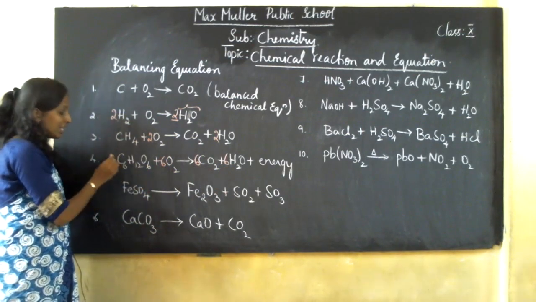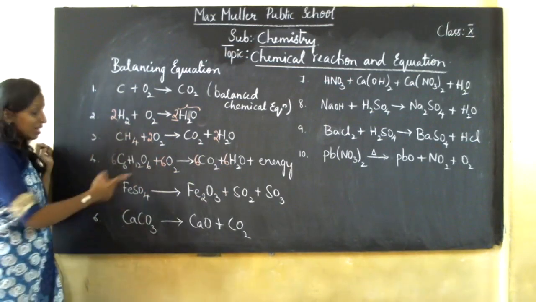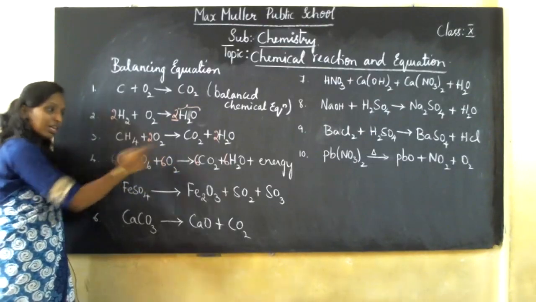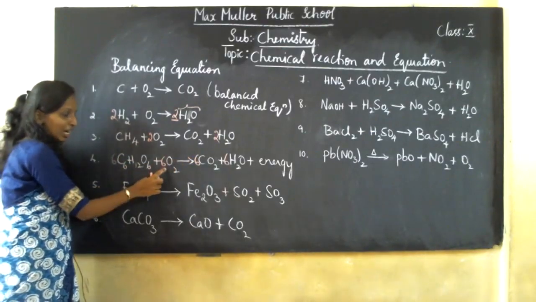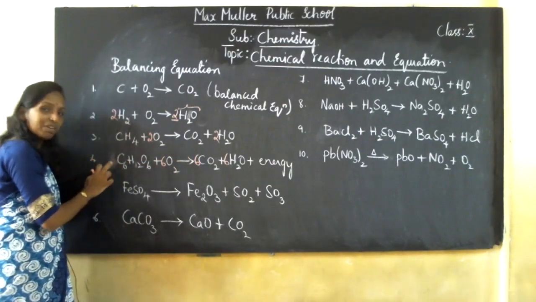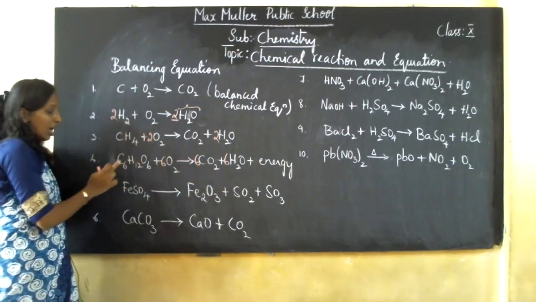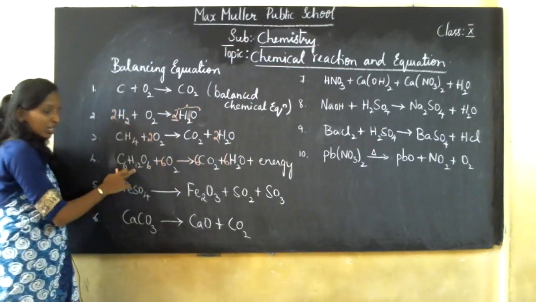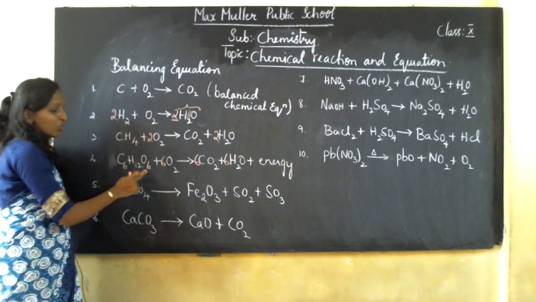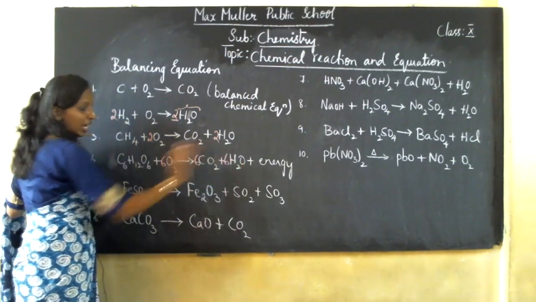Correct? I can't change here. You could have written 6 here also. No. Why didn't you write? If I write 6 over here, I should change carbon again. I should change hydrogen again. Instead of that, I have changed oxygen here. Got it, children? I can change here also. If I change here, again I have to change carbon and hydrogen towards your product and reactant. So I have taken 6 here for carbon. 6 2s are 12. 12 plus 6 is 18. Here also 6 2s is 12. 12 plus 6 is 18.